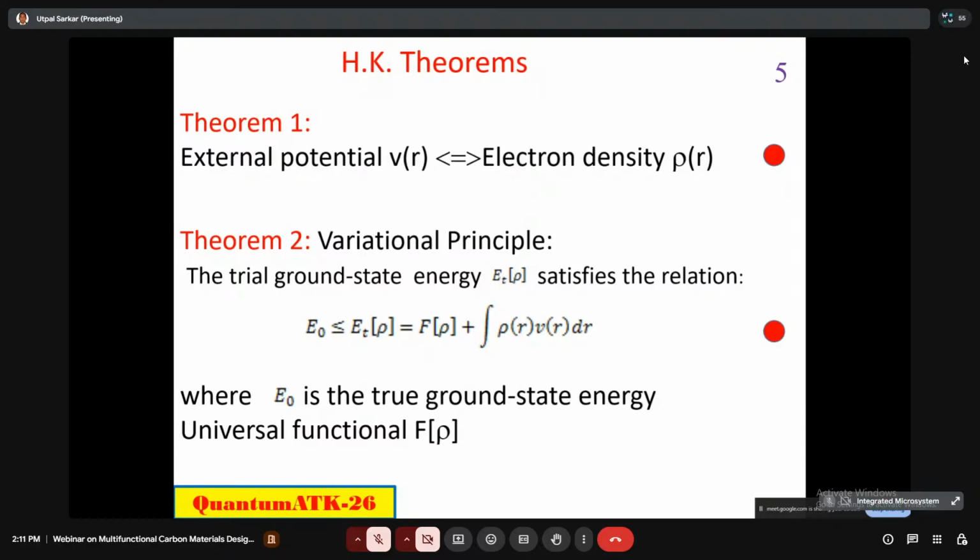After you get the ground state energy, you can calculate with the help of this electron density all the electron density related properties. And what we have shown here is that the key parameter is the electron density. We have calculated the electron density, and then from the electron density itself you can calculate everything, and that is the beauty of the density functional theory. So once you know the electron density of the ground state, then you can calculate all the response functions and the energy related things from the electron density itself.